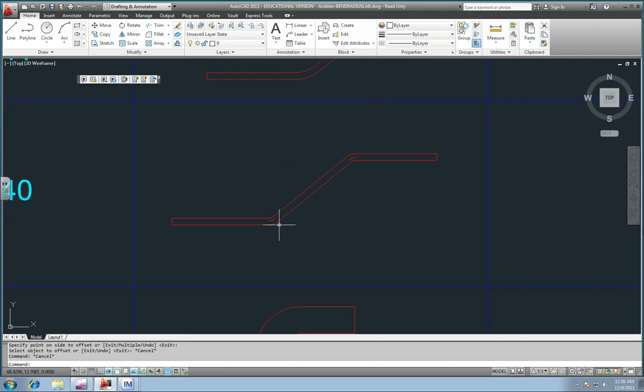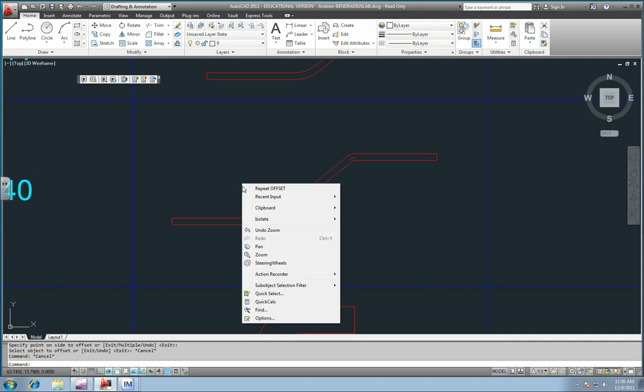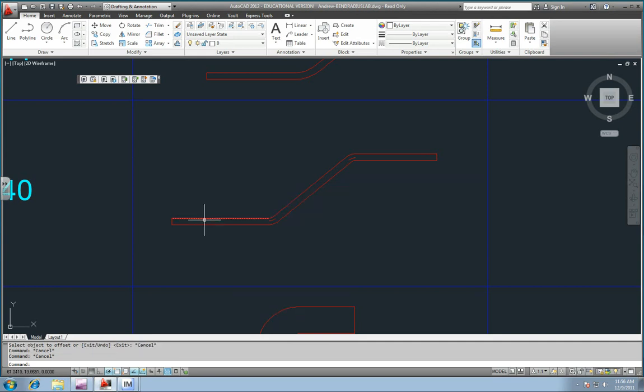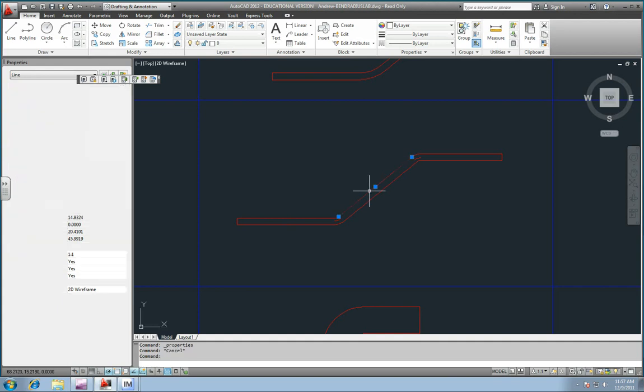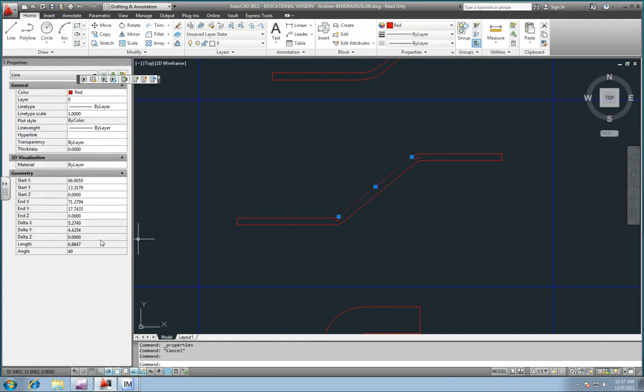Okay, so what you want to do now is to just open your properties palette. Actually, probably the easiest way to do it is just click on one of the lines here and then go to properties. Okay, and you actually want to take inventory as you work your way through the metal here. Okay, so over on the left side of my screen I can see that the length of the straight section is 6.9943. So let me type in 6.9943 into my calculator, plus, and then I'll take this other straight section here, that is 6.8847,